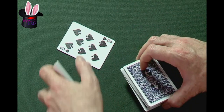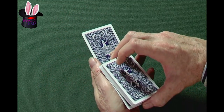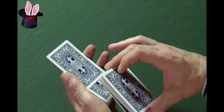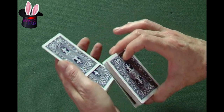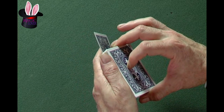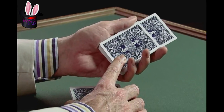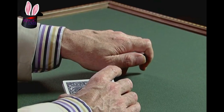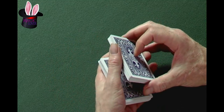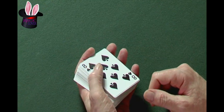on my right thumb. I take back your card, the 8 of spades, and now I'm going to push it forwards so that you can check it. Now, as the hands come together, I'm going to add that extra card, the broken off card, on top of it. So as the edge of my thumb hits the back of that packet, I just drop that card. Now I twist the left hand away to show your card. I've actually added another card onto it. I pull the card flush, and now I open up these cards with my first finger, pop apparently your card into the middle of the middle,